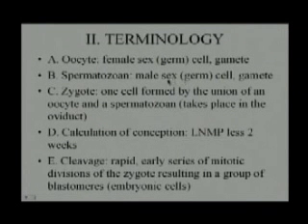Zygote refers to the cell formed when an oocyte and a sperm unite after fertilization, which takes place in the oviduct of the female. Now, it is difficult to determine exactly when fertilization occurs because the process cannot be observed in vivo. So physicians calculate the age of the embryo from the first day of the last normal menstrual period, LNMP. This is the gestational age, which is 2 weeks longer than fertilization age. This is because the oocyte is not fertilized until about 2 weeks after the preceding menstruation.